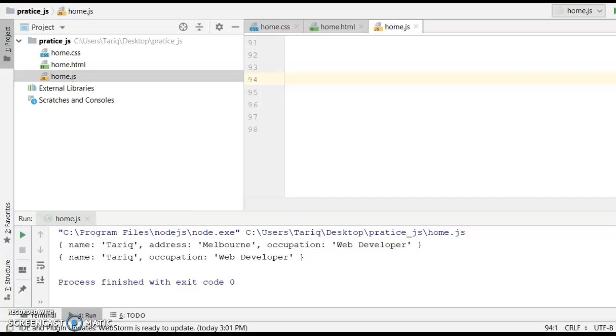Hi, in modern JavaScript and ECMAScript 6, if you want to copy an object without mutating it, in other words, making a new copy of the object without changing the original object, the best way is to use the rest and spread operator together. For example, if we have an object like this,